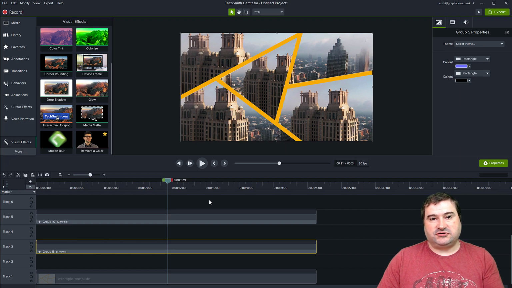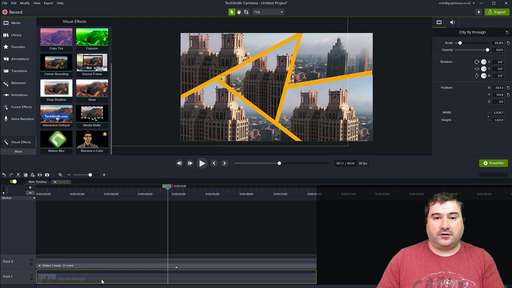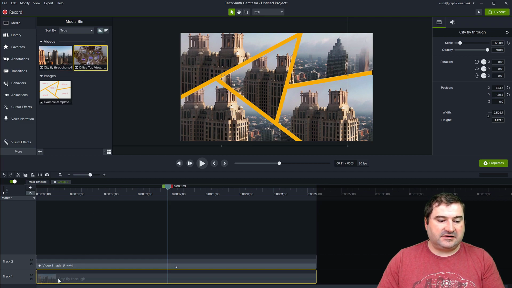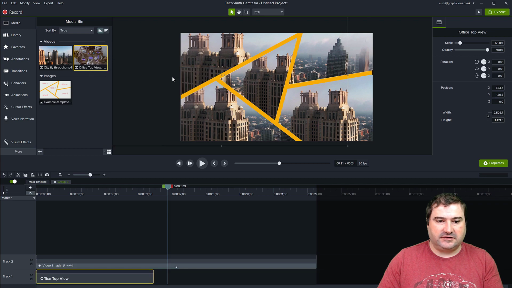And now if you want to swap one of the videos and fit it inside of its respective shape, you just go inside of that shape, you open the group, and there's your clip that you want to replace. So let's suppose I want to bring in a new clip here from my hard drive. Just drag your new clip in here, select the clip in your media bin, and select the clip on the timeline, the one that you want to replace, and you can right click on the media bin for the new video, and you can say replace selected media on timeline, ripple replace, or replace from the start, like this.